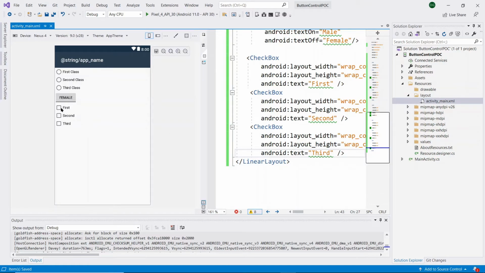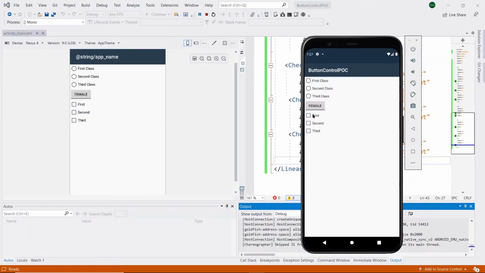On the left side, you can see that the checkbox design comes as a rectangular box. This state represents the unselected. If you select the checkbox, a tick mark comes inside the rectangular box. Let's run our application and see how it will work. Here you can see that our three checkboxes come with the names first, second, third. Now I am selecting one checkbox. Here you can see that if we select any checkbox, it comes with the tick mark.